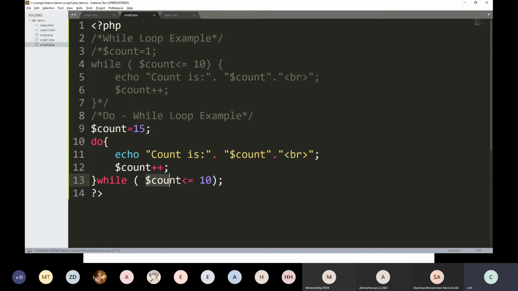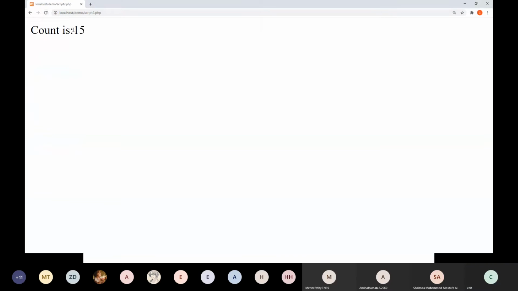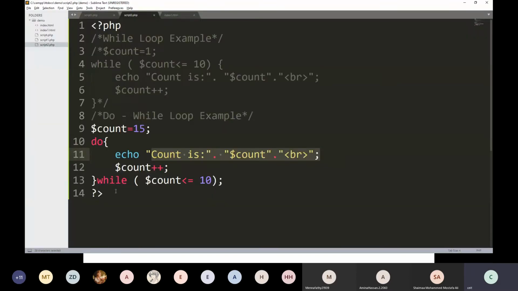My condition is false, but it comes inside the loop once. That's why it will print only one time. In this case, it prints only one time, because once it comes out of the loop, it checks the condition and it comes to know that the condition is false. That's why it will not repeat it.